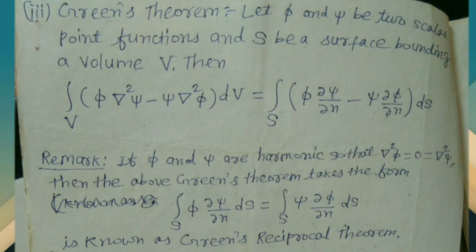Mathematically, the density is denoted by rho, and the density rho at point P may be defined as rho equals the limit of delta m upon delta v as delta v tends to 0, where delta v is the volume element around point P and delta m is the mass of the fluid within delta v.